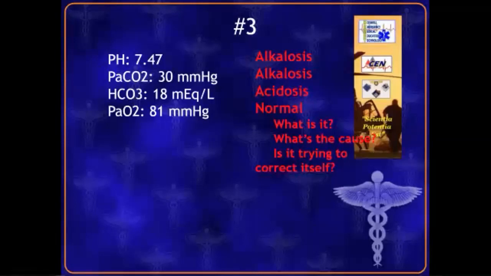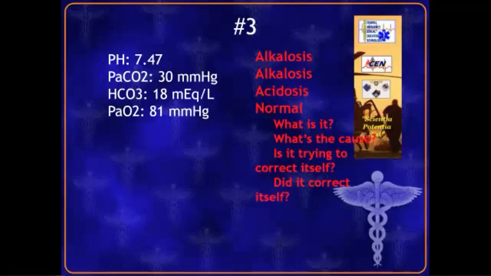So we decide it's a respiratory problem. So we look at the other system. We look at the metabolic side, which is the bicarb value, and say, is bicarb of 18 normal or not? And indeed, it is abnormal. So there is some compensation happening here because it's out of its normal range. But has it fully compensated? Is it changed enough to make the pH normal? And the answer is no. So the full name for this one is a partially compensated